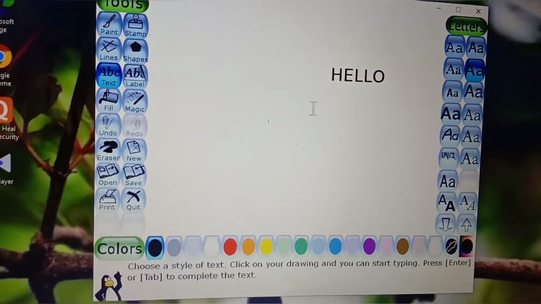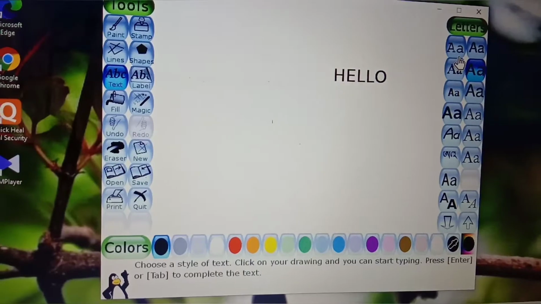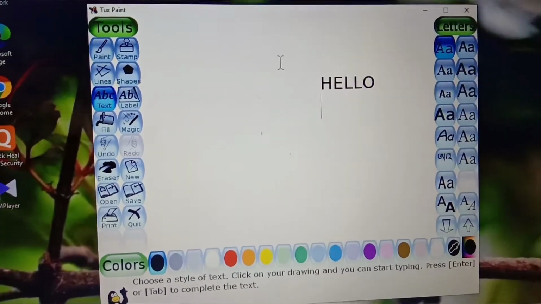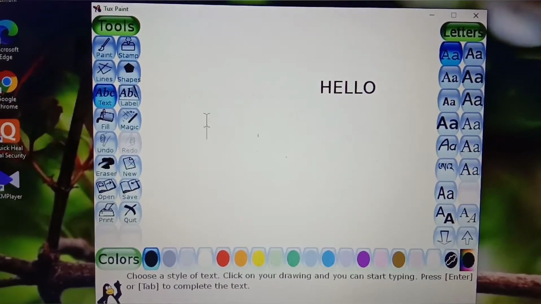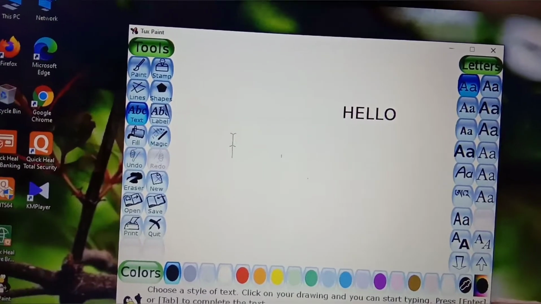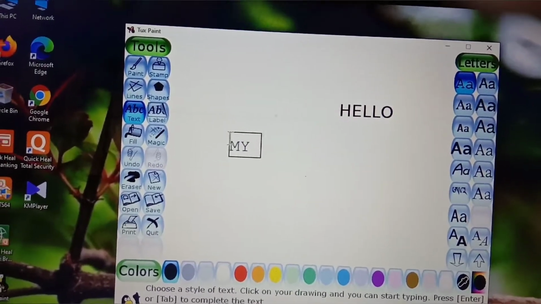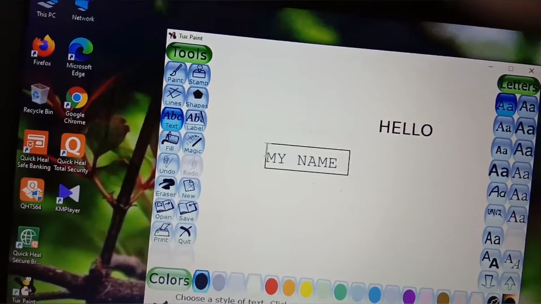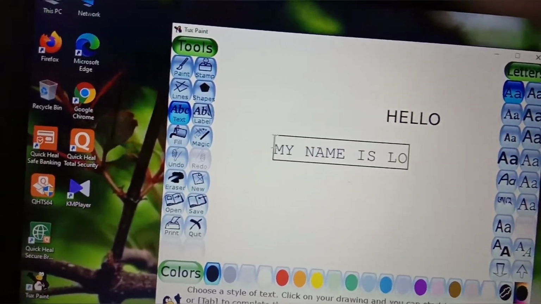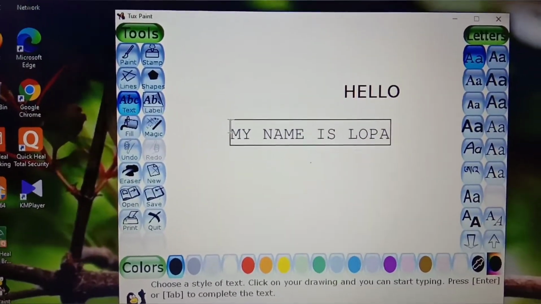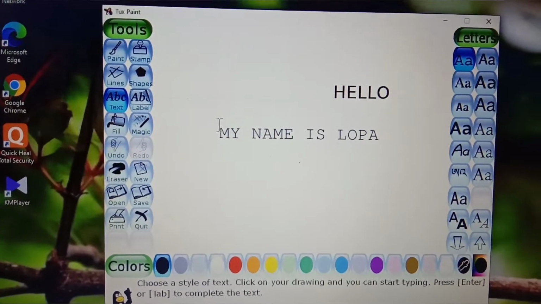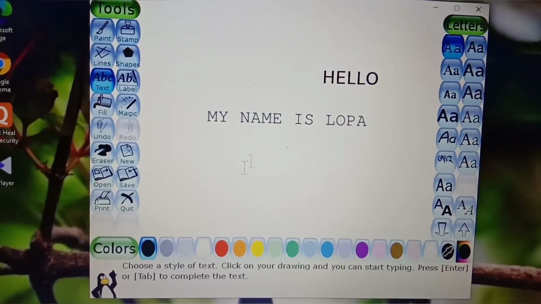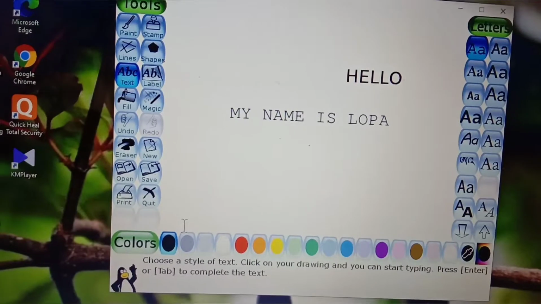It will come like this. Again I select another one, this one, then I click again here. My name is, okay, then again you have to click enter. Done. So this way you can write text in your TuxPen.